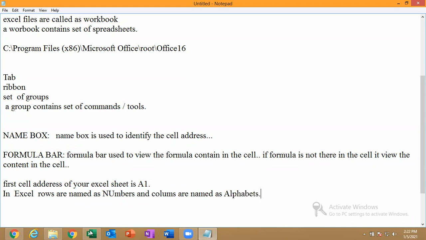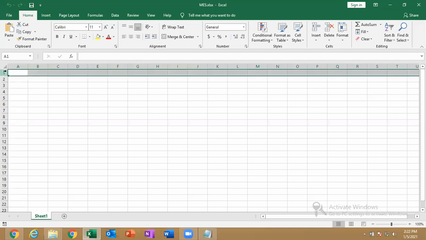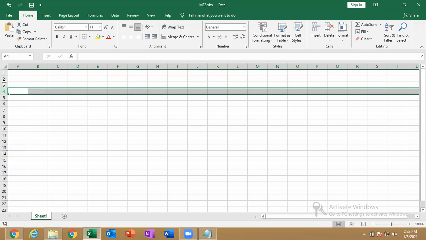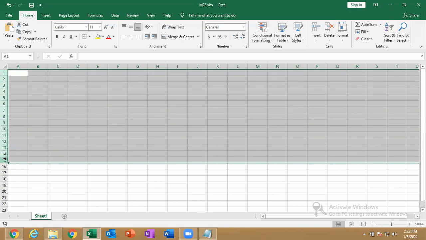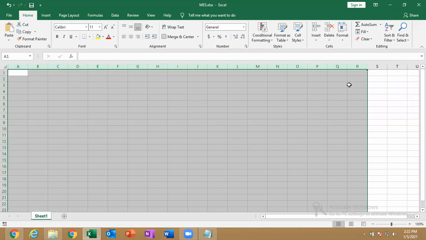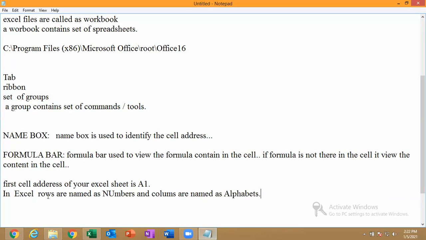See here, this is a row, this is a row, this is a row, and this is a row. So these are all rows which are named as numbers. The row headings are named as numbers, and this is a column, and this is a column. Column headings are named as alphabets. So in Excel, rows are named as numbers and columns are named as alphabets.